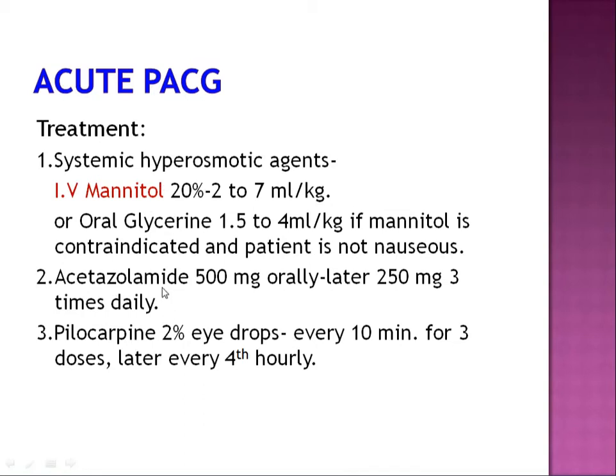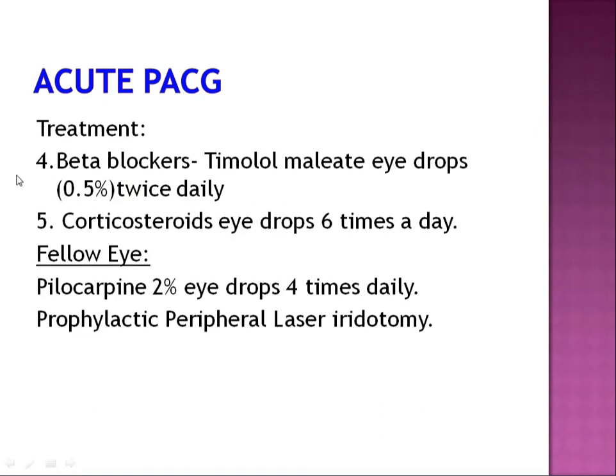Why we are giving systemic treatment and not topical treatment here is very important, because topical medications have to get absorbed through the cornea. Because of the raised intraocular pressure, there is a lot of corneal edema, so your topical medications will not be able to enter the eye. So first you have to clear the corneal edema using systemic treatment, and then follow it up with local treatment. You can give a beta blocker for decreasing the intraocular pressure, and topical steroids are important.